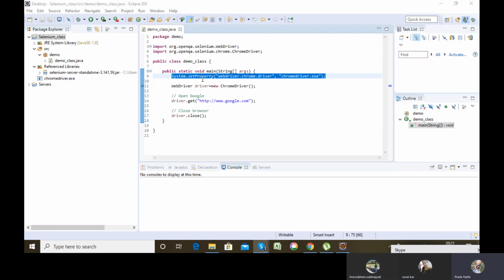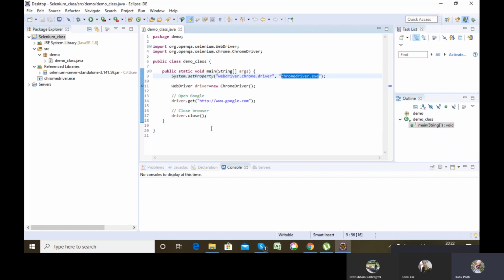So the first step which we will be writing here is System.setProperty, webdriver.chrome.driver, and we'll be giving chromedriver.exe. Which is this file, the file which we have copied here directly. If I hadn't copied it directly in the project and had stored it in my local, I could have also used that.